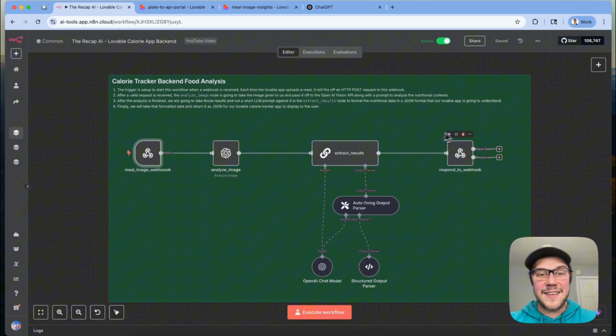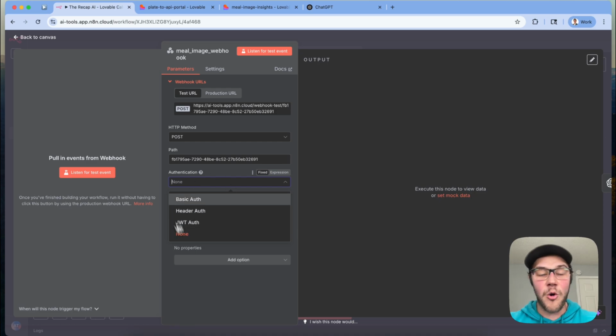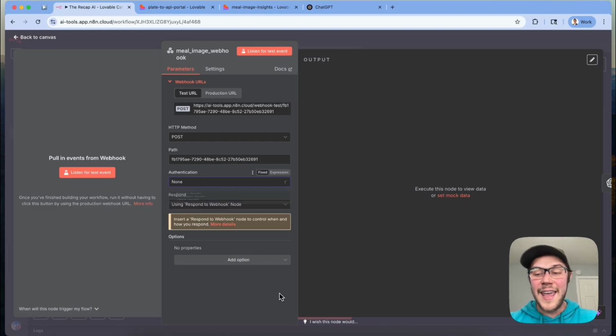In the case of a system using an OpenAI Vision API request and another LLM call that follows it, this could get very expensive if somebody started spamming this endpoint with a bunch of requests. So if you're actually opening this up in a real production system, do make sure you have some form of authentication set up, like a header token or a password on this endpoint that you can save as a credential